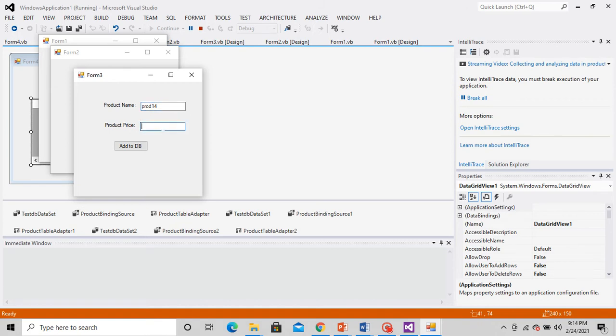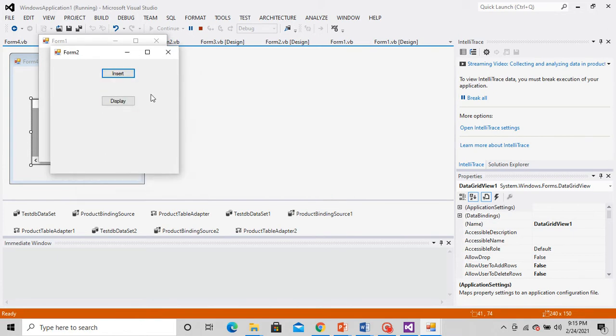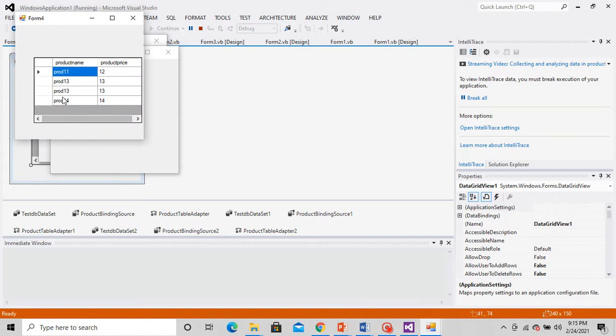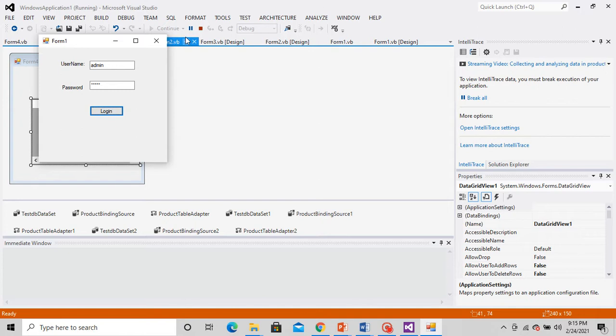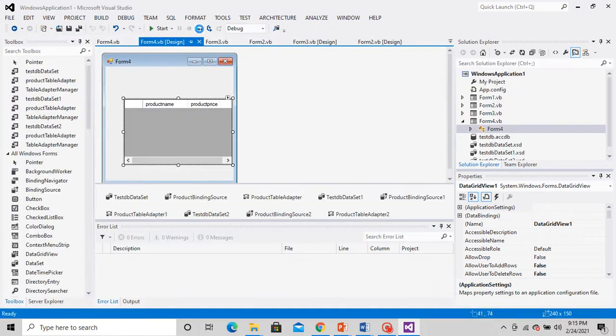Prod 14, and for example 14. Add to the database. Now I'll display and check. Yeah, now it's coming. So make that change, keep it in mind. These things tend to happen, students.